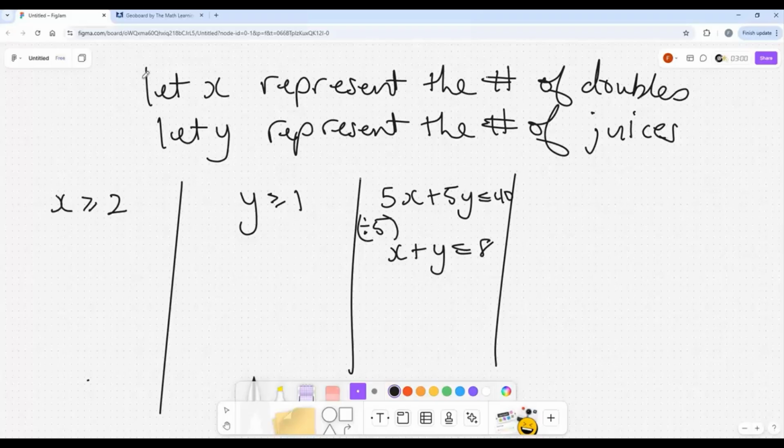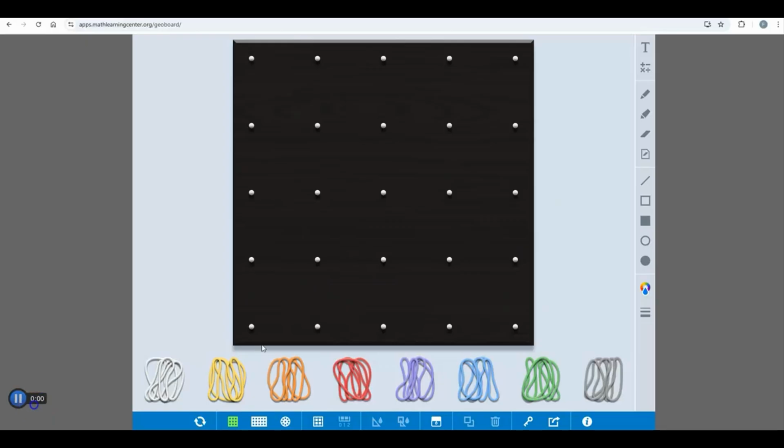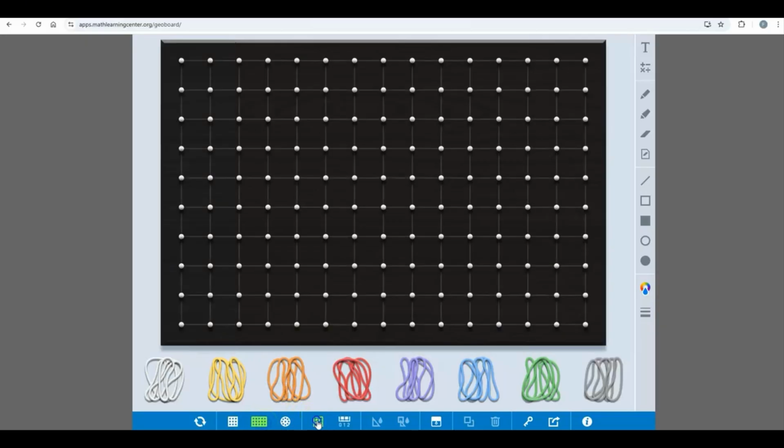We have our 3 inequalities and now we can start to represent these inequalities on the Cartesian plane using my digital geoboard. Okay students, now that we have our virtual geoboard open, we can now start to represent our inequalities on our Cartesian plane. We can change our settings to rectangular, gridded lines, and number our axes. Our first inequality is x greater than or equal to 2, so we need to draw the line x is equal to 2